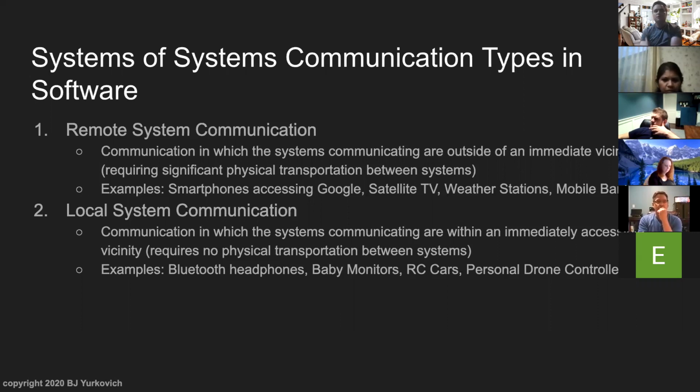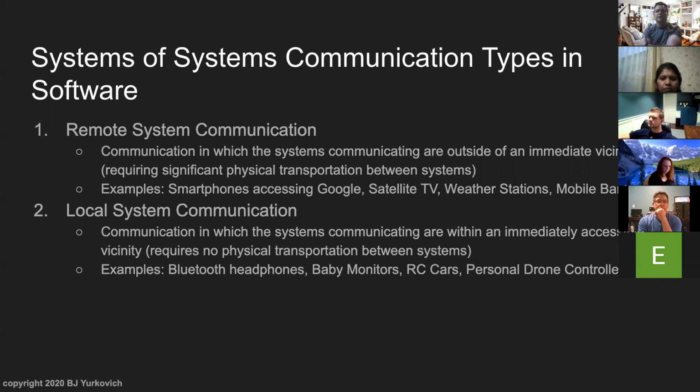This could be Bluetooth, could be wideband frequency stuff, RF, in terms of short range, 900 megahertz sort of stuff. RC cars are a good example, and typical Wi-Fi you would basically count as local system communication. And so we've been really talking about the combination of these things, right? We haven't really talked in depth about what you would necessarily use with autonomous vehicles. That will come in additional modules.